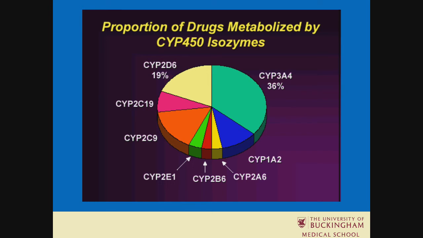As I said, there's a large family of CYPs. This slide is slightly out of date now, because about 55% of known drugs are metabolized by CYP3A4. About 25% by 2D6, and about 20% by 2C9. But I'm sure you've remembered all of these. And this one is particularly tricky because it's quite prone to point mutations